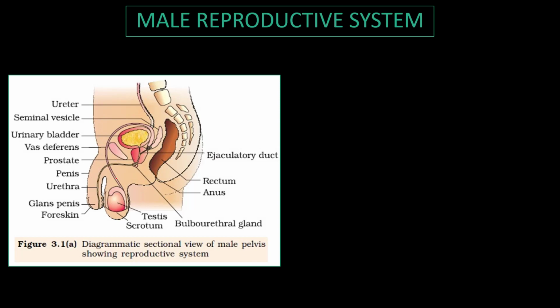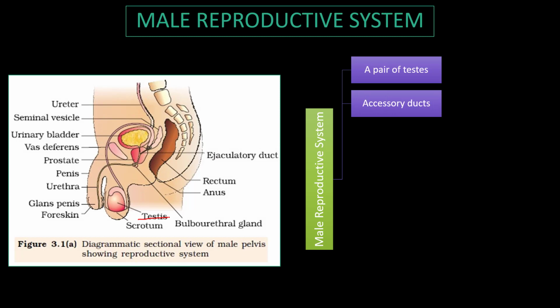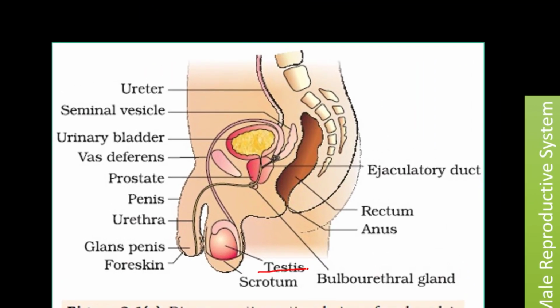Now let us have a look at this particular diagram and understand what are the components, or what are the organs and structures associated with the male reproductive system. The male reproductive system consists of a pair of testes, as you can see here. Along with that, you have a number of accessory ducts and glands, and there is going to be the external